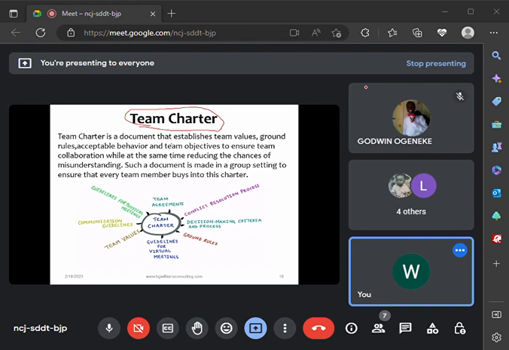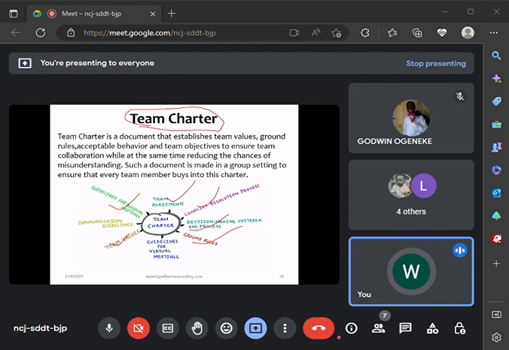So everybody on the team comes together to approve the team charter. All right, so take note of that. And what are the items you can find in your team charter? The team agreement, the conflict resolution process. Oh, there's an issue, how do we go about it? Decision making process, the ground rules, the team values, and if there is going to be a meeting, how do we go about it? So all the little guidelines, the acceptable behaviors,